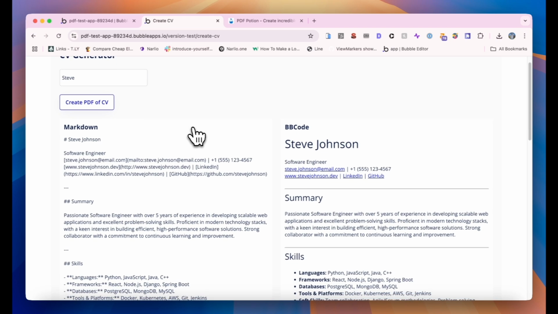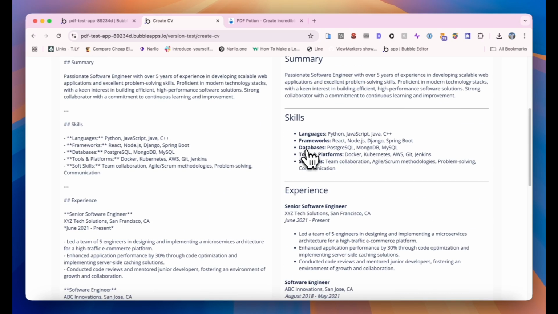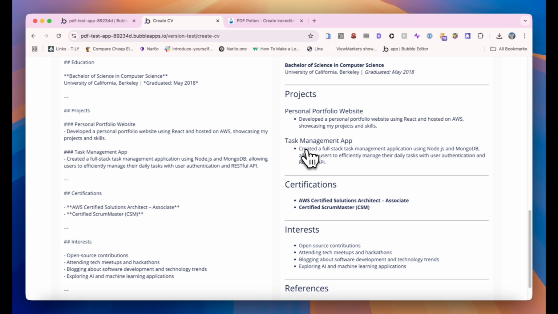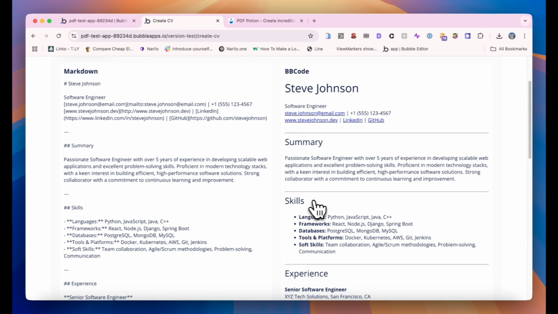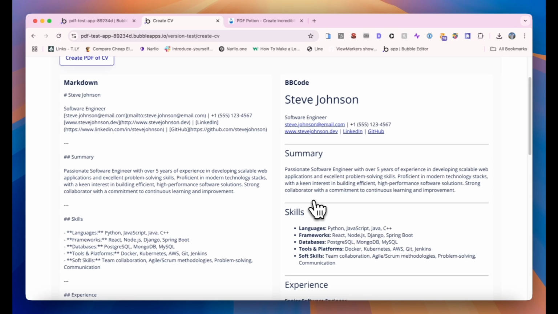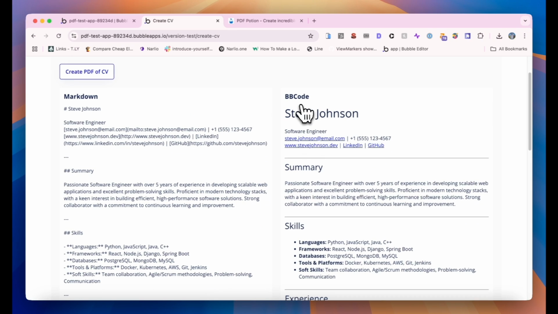And you can see that's looking pretty good. We have our URL links there, we have different sections. So this is something that you might actually be able to use in a PDF or some other way. What I'm going to do now is, you can play around with the system prompt if you want to get different versions of this, but I'm going to create a PDF of